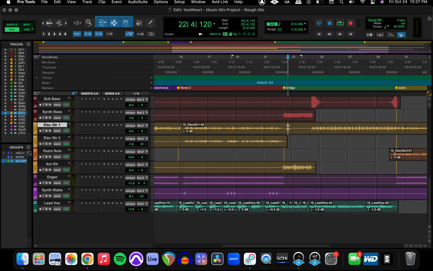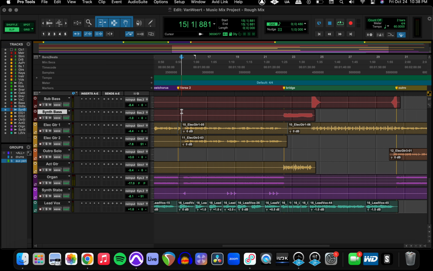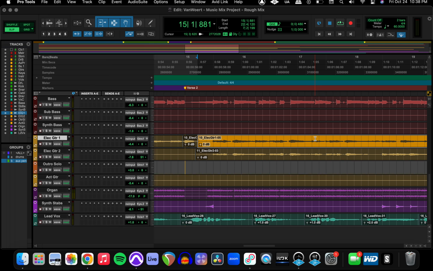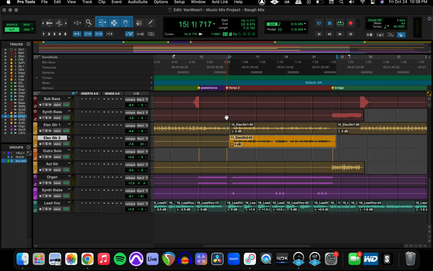One thing that I did notice that I wanted to do, so this electric guitar 1 and 2 are playing something that just needs more space, like they're a little on top of each other in this second verse. I want the electric guitar, at this point in the mix, just dead center for now, but I'll move this one a little bit off to the left to give more space to the guitar going in the right. So if we play it,